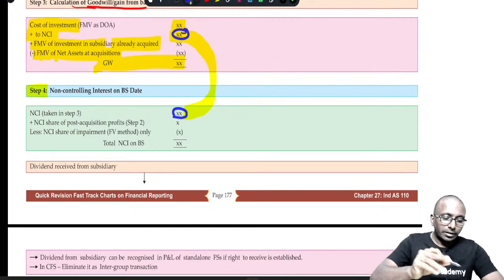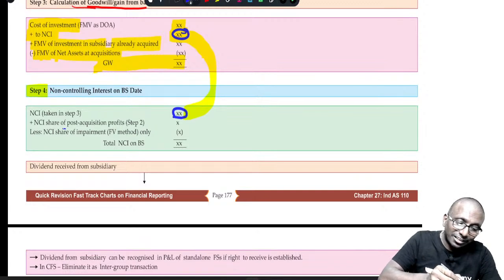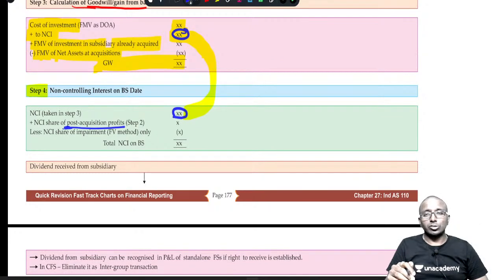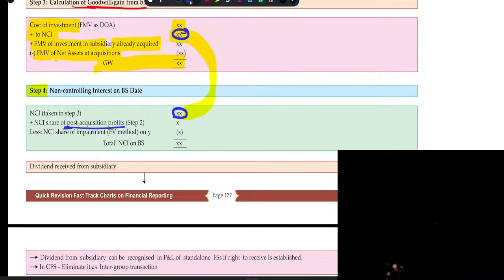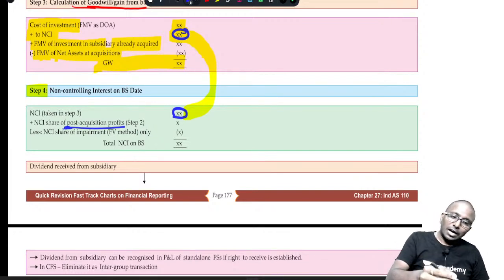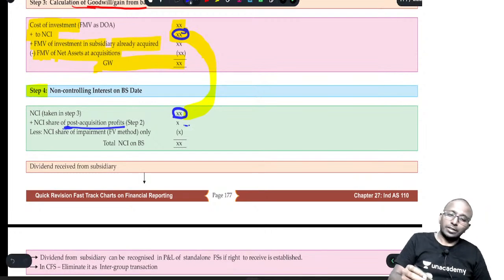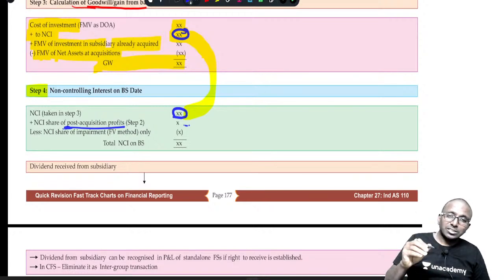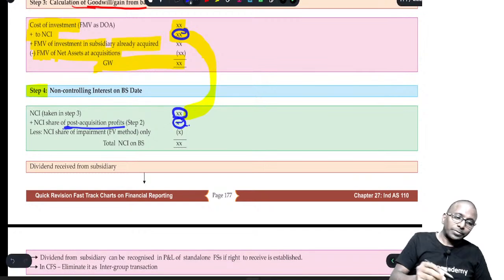Next, NCI share in the post-acquisition profits. Maybe you acquired in 2020, and today it is 2021, one year is up. In this one year period, your company must have earned some profits. Obviously, you are supposed to take the share of NCI here. The parent's share will be considered in step number 5. NCI share will be considered in step number 1. And not only that,